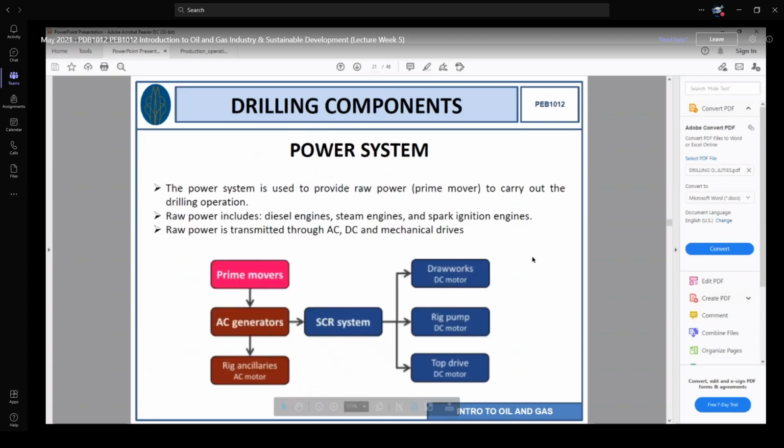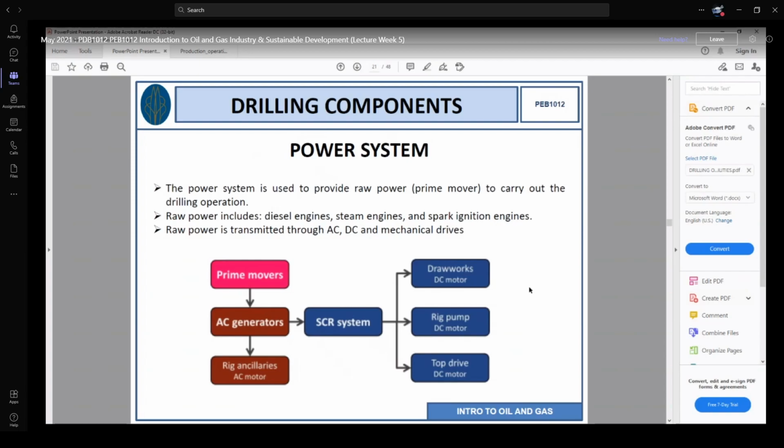Okay, let's move to another system, which is the power system. For sure, to operate the system, we need power, right? Without power, we can't do anything. The rotary system cannot be operated, the hoisting system cannot be operated, and the personnel who are living around there on the rig site to perform these drilling job operations actually require some power